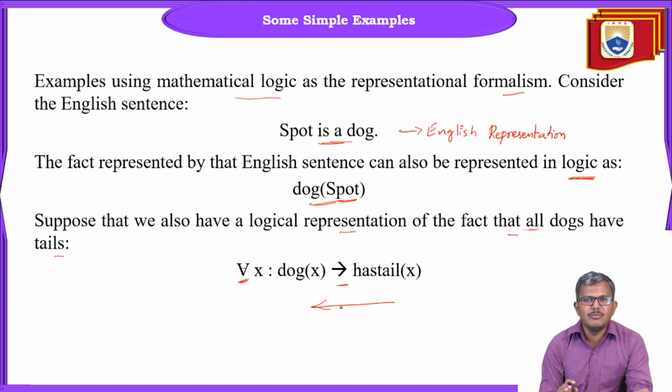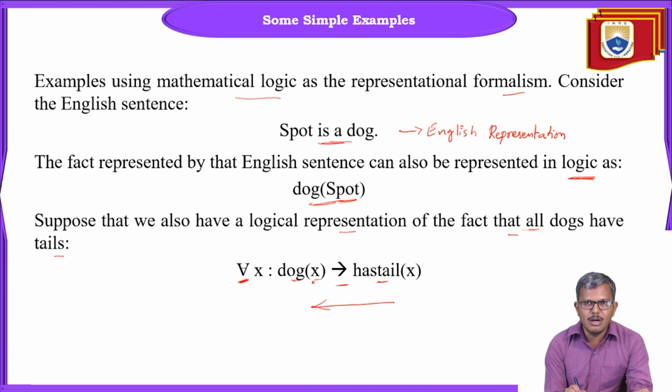In this case, we need to understand it in this particular way, from right to left. So for all x here, what is the x? X is nothing but the dog. Whichever dog it is, the dog is definitely going to have a tail. Of course, in real life it may not be correct, but for the given fact, this statement is correct. So what is this statement talking about? For all the dogs,